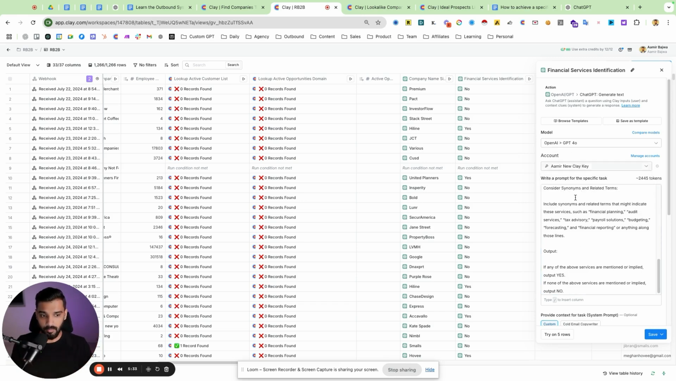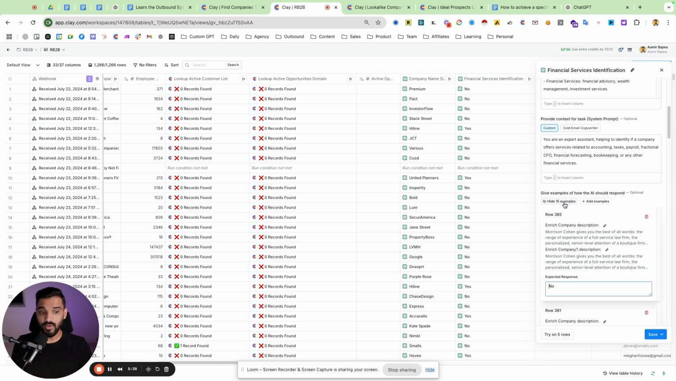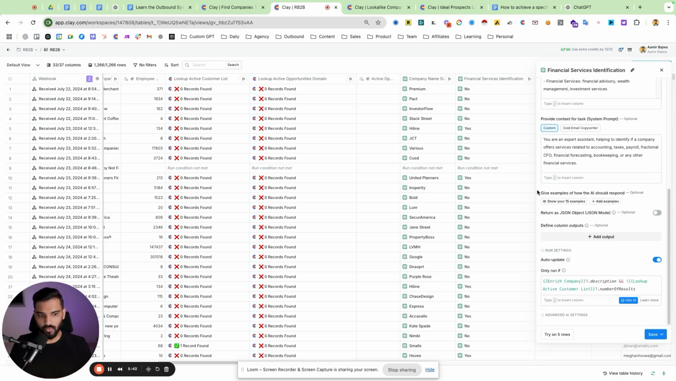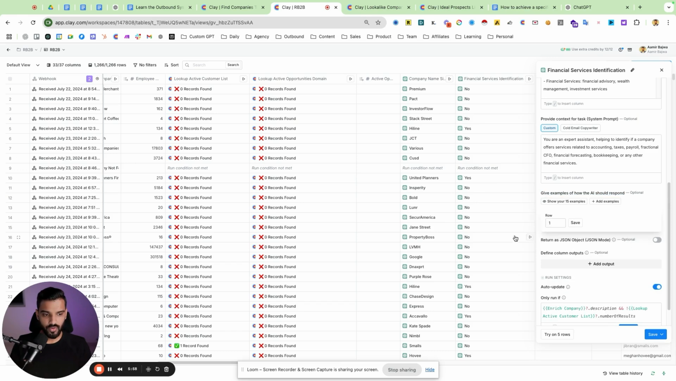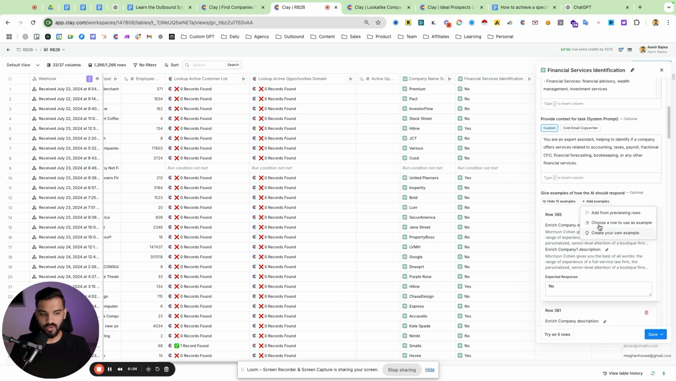The next thing is, apart from writing the prompt, there's an amazing thing with OpenAI in Clay. You can add in your examples. If you see this, it'll show you examples of how the AI should respond. This is really good. You click on add examples, and you can either choose to take data from your existing table. Let's say I choose a row as an example, and I can select row 1. So it's giving me data from row 1, or I can choose to create my own example,